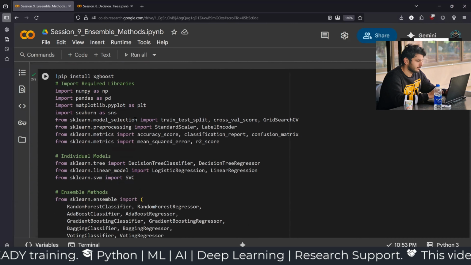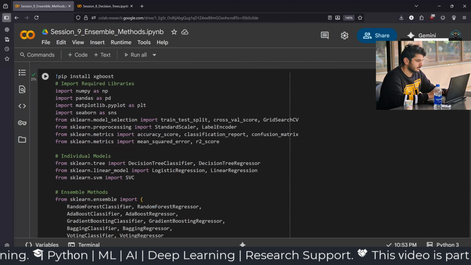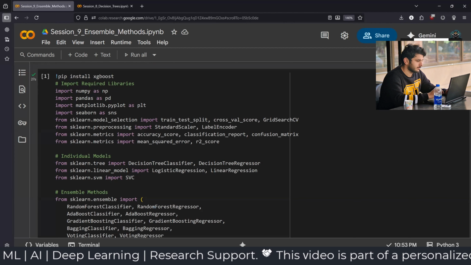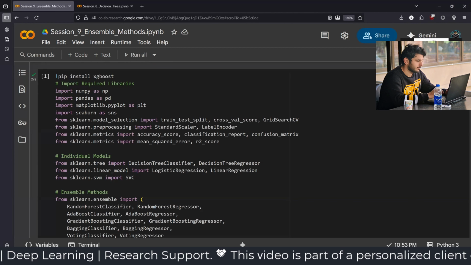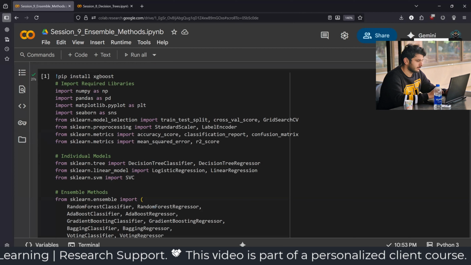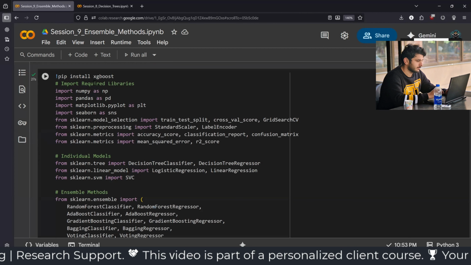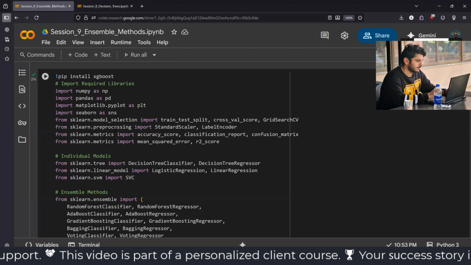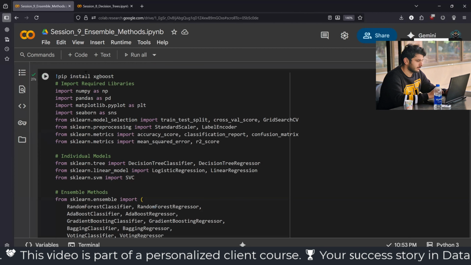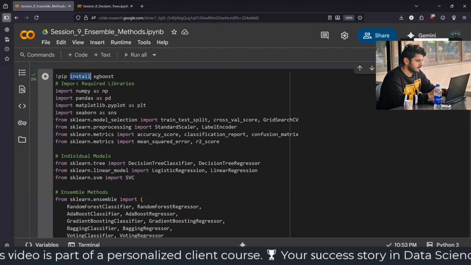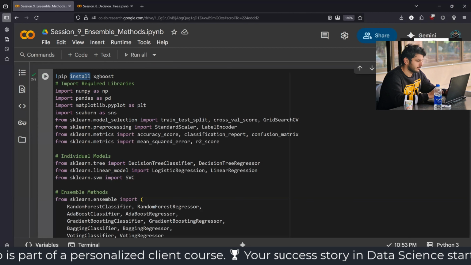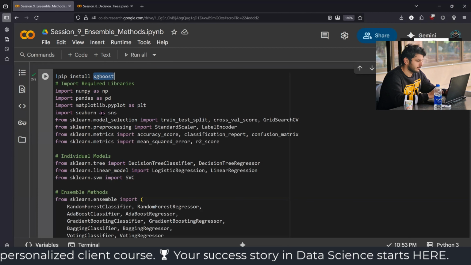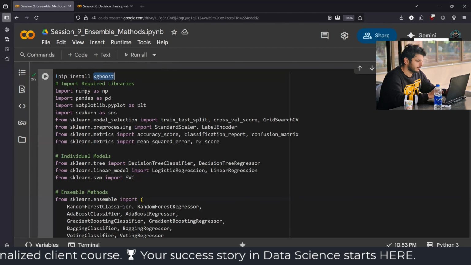Now, when we are in Python, we use packages, right? And it is not always the case that a package is already present in your environment. So whenever you need to install some package, you use the command pip install. Now, pip is a package manager that basically manages all the packages that are created for Python, and install is a command for it. So whenever we use pip install, we add the name of the package. Now here we are going to use XGBoost,